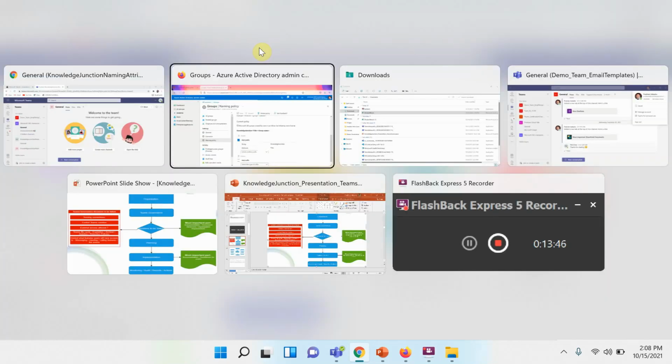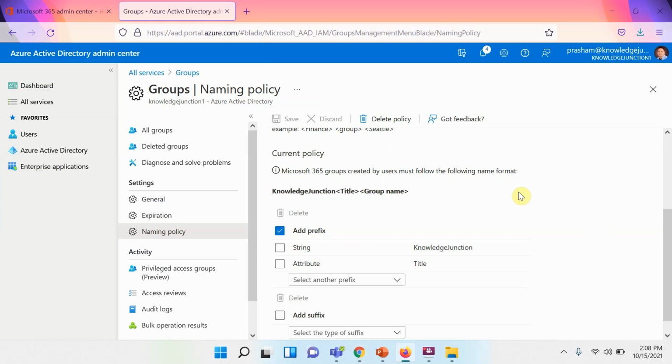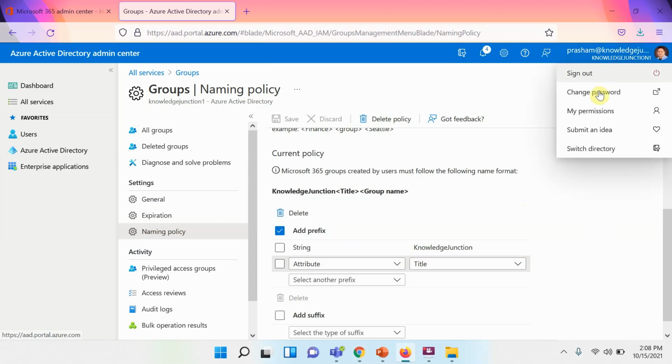Let's check once the groups. Might be the title is absent in my profile. Let's see.